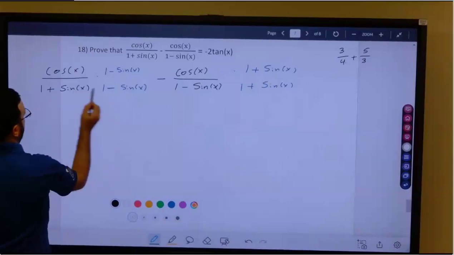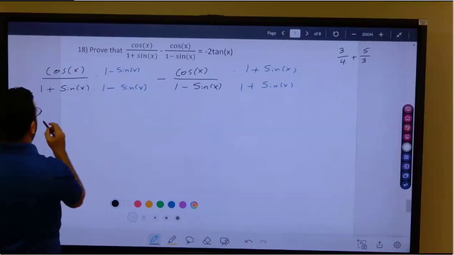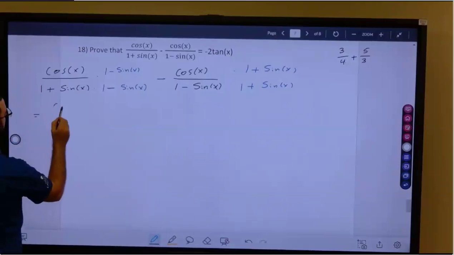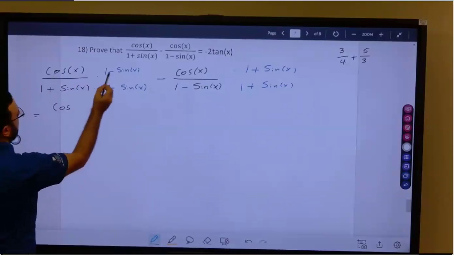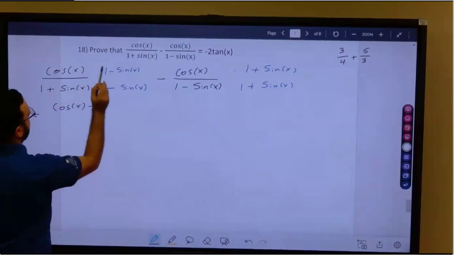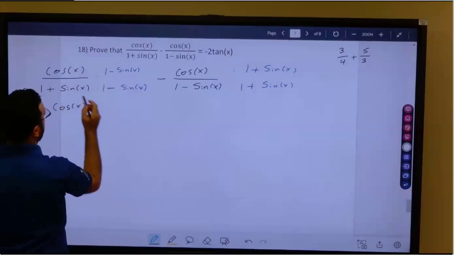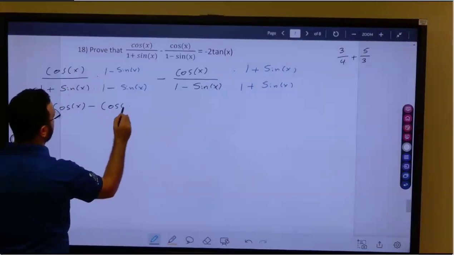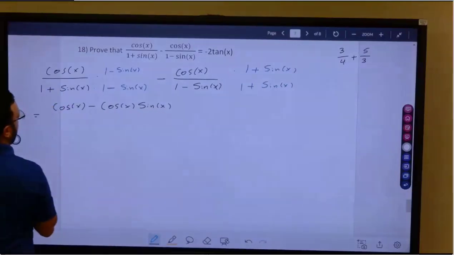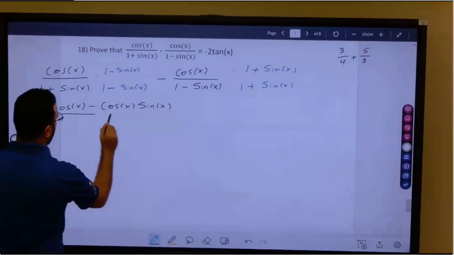Be careful when you do multiplication. You have to FOIL it here. So on the top, what are we going to get? Cosine x times 1 is cosine x, minus cosine x times negative sine, so it's going to be negative cosine x sine x. And everything here is divided by